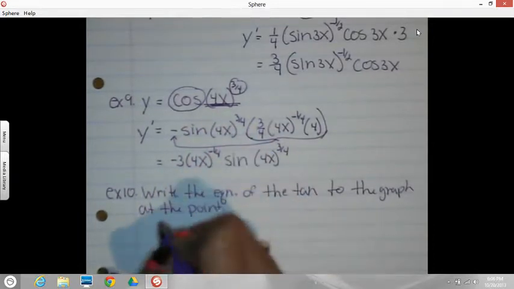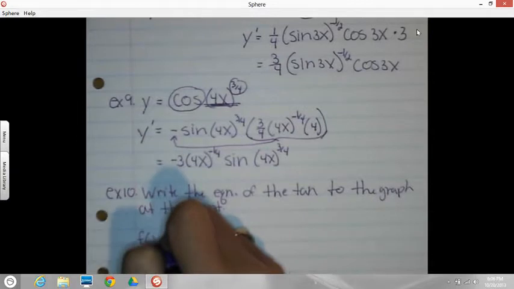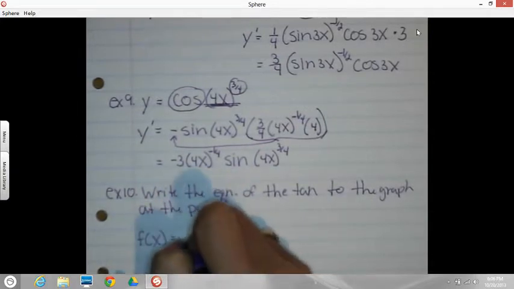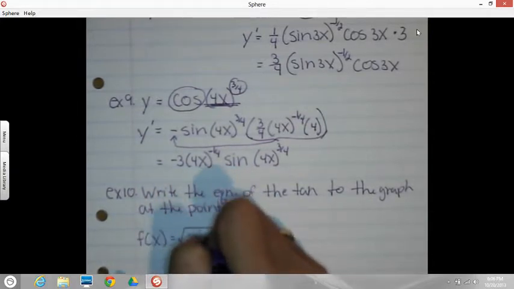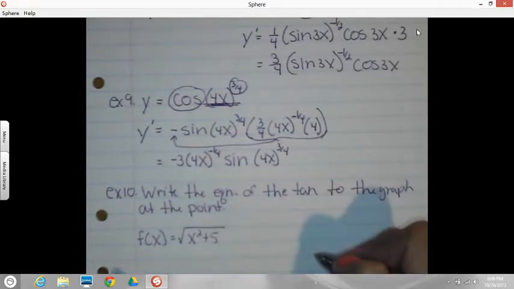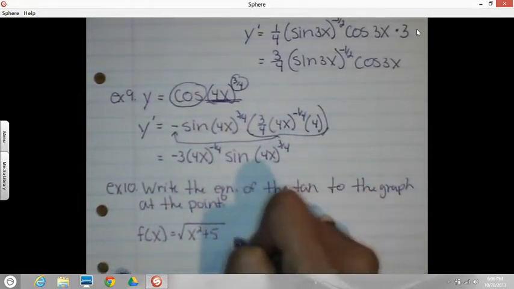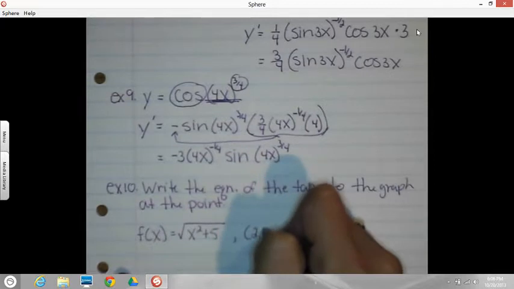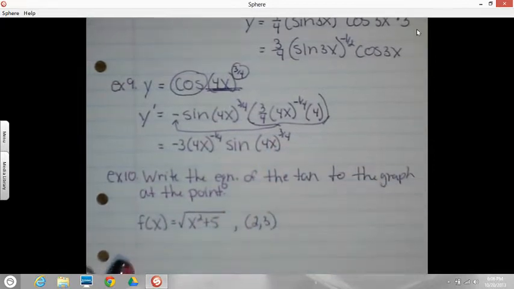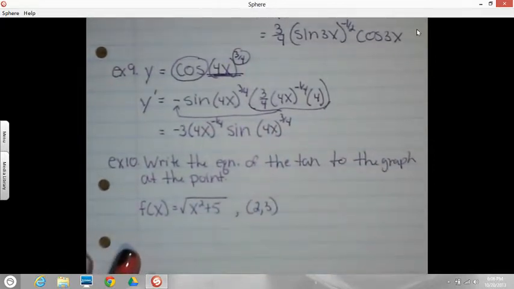So our function is the square root of x squared plus 5, and we want the equation for the tangent line at the point 2, 3. Well, if you take a quick look at the graph,